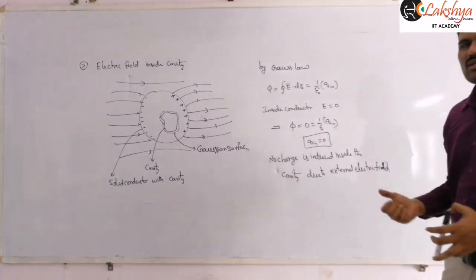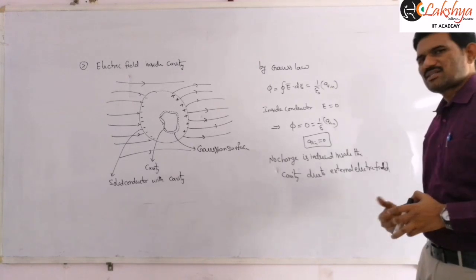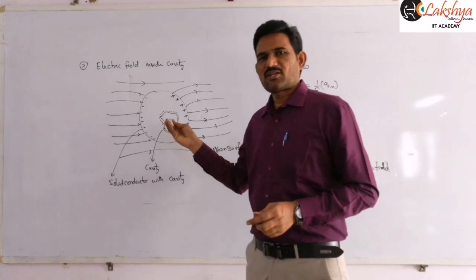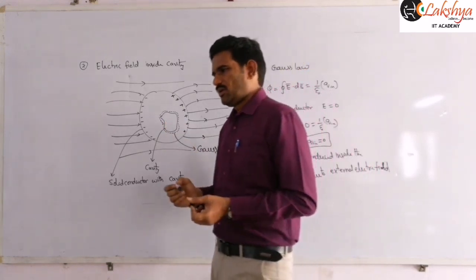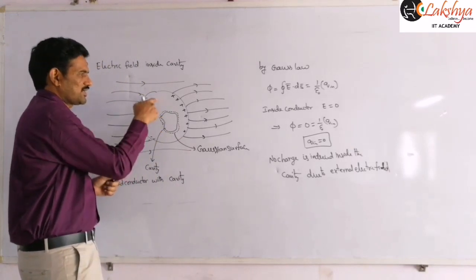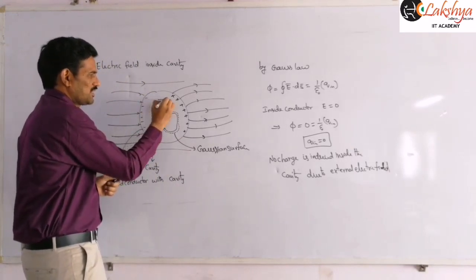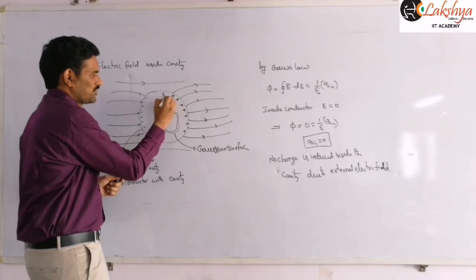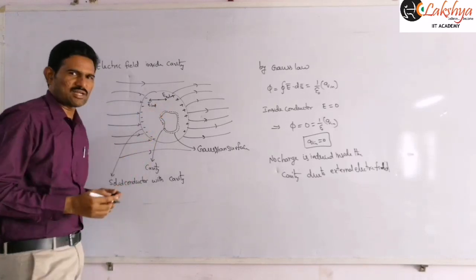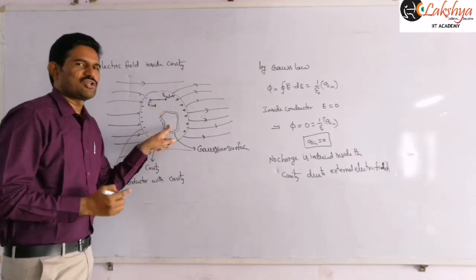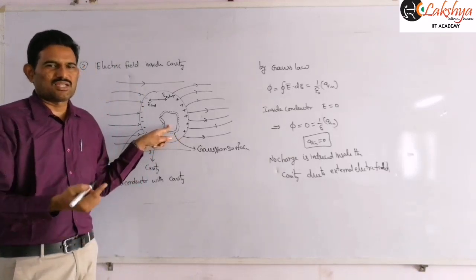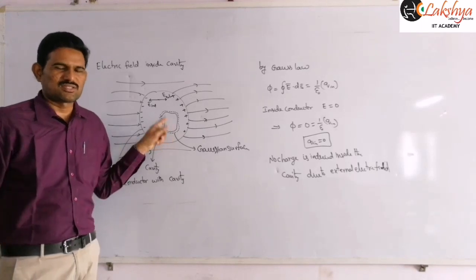Now here itself we can conclude that if no charges are there inside the cavity, then the electric field inside that cavity should be 0. If I consider a point here, and the external electric field is along this direction, then the induced electric field will be along the opposite direction, and the resultant electric field will be 0. But here there is no such induced electric field, and so there is no external electric field either. No external electric field will be present inside this cavity.